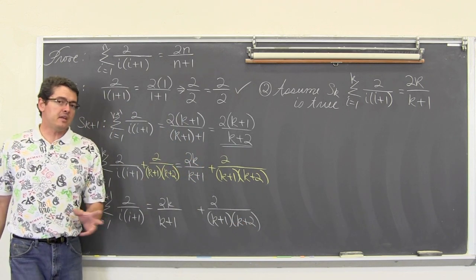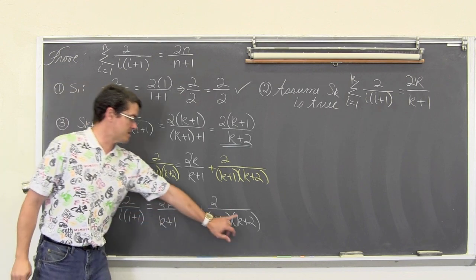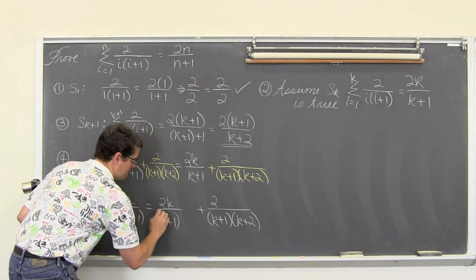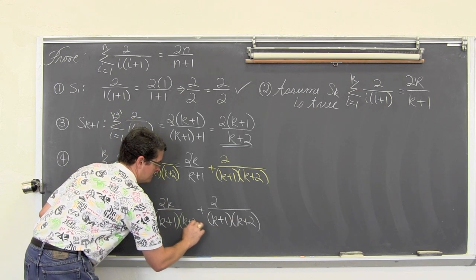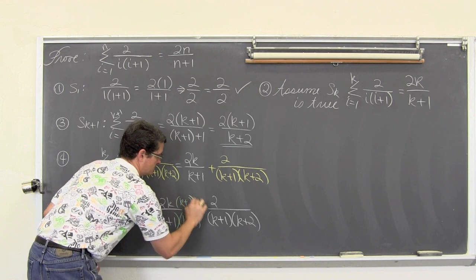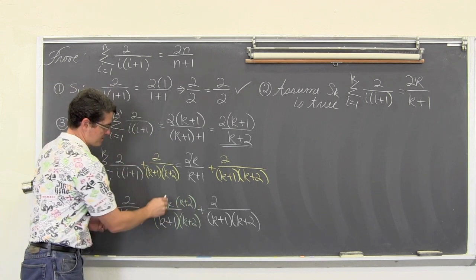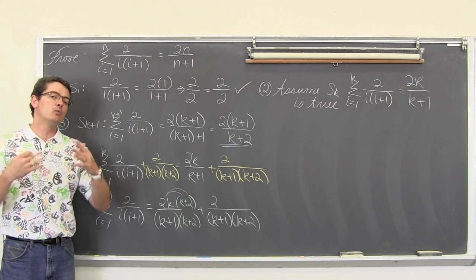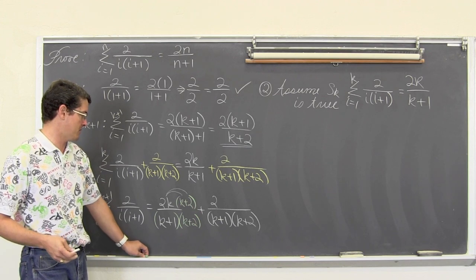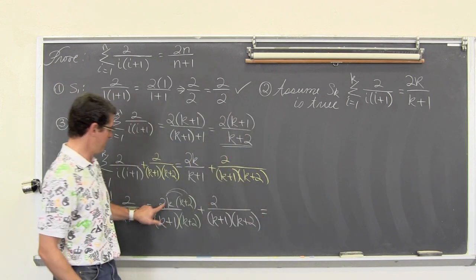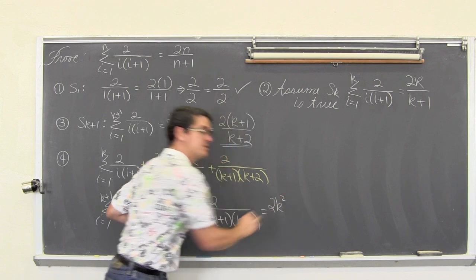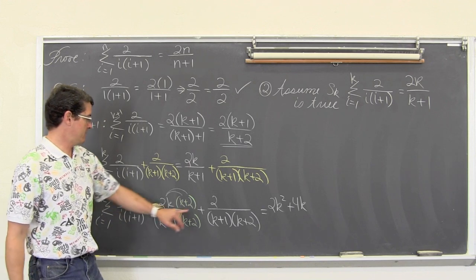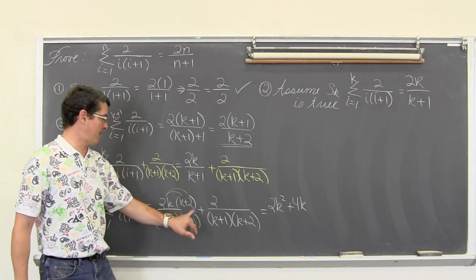Okay, now to add these we need common denominators. This has a k plus 1 and this has k plus 1 and k plus 2, so we're going to multiply top and bottom of this first fraction by k plus 2. And we're then going to have to take this 2k and distribute it through those parentheses groups. We're going to have to clean up the numerator, refactor it, and then cancel, and again hopefully have that as our answer. So we have 2k times k is 2k squared. 2k times 2 is 4k. And then, because we have the common denominator now, I'm just going to make one big fraction, plus 2,